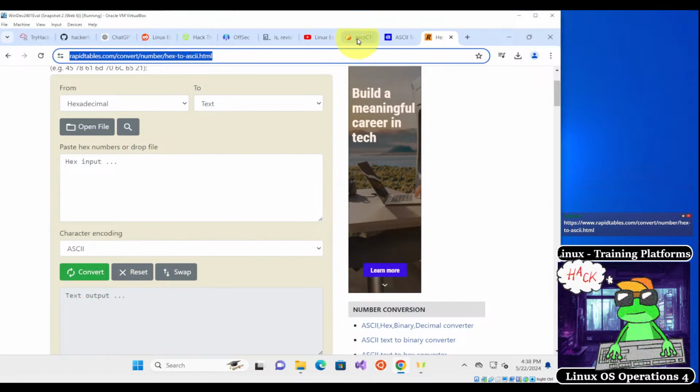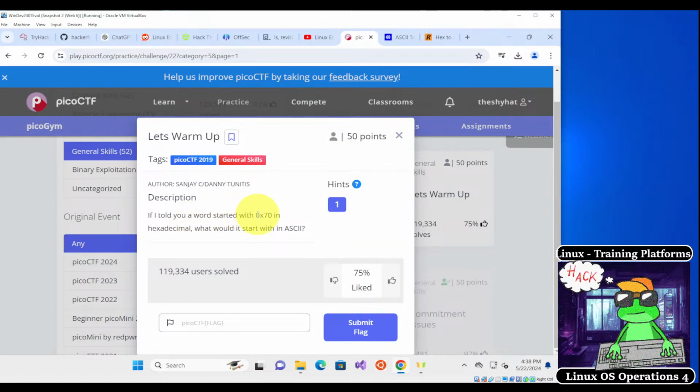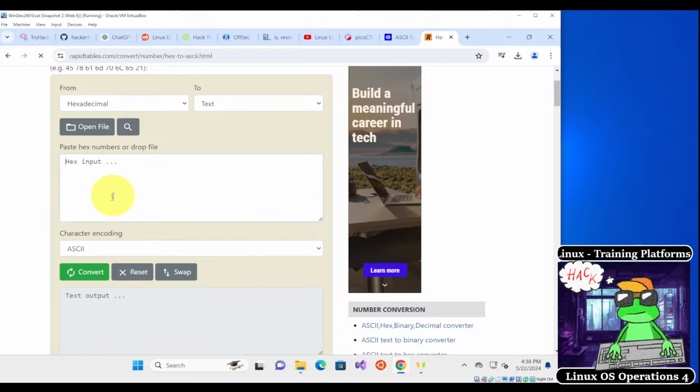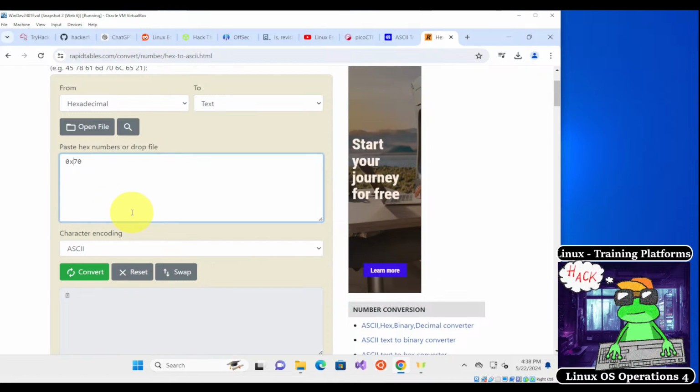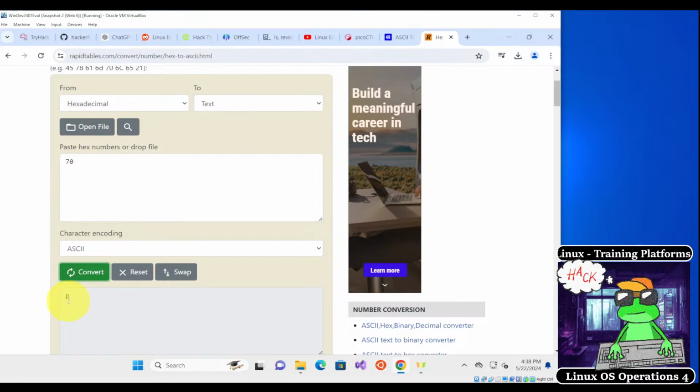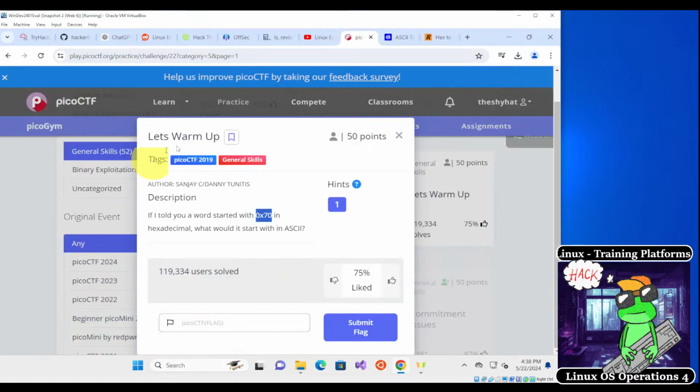So we can go back to PicoCTF and copy this 0x70. So hex 70, basically. We can paste this in and convert it. Let's get rid of this prefix over here. So it's hex 70, hexadecimal to text. It converts to the small letter p. All right, so for the challenge over here,